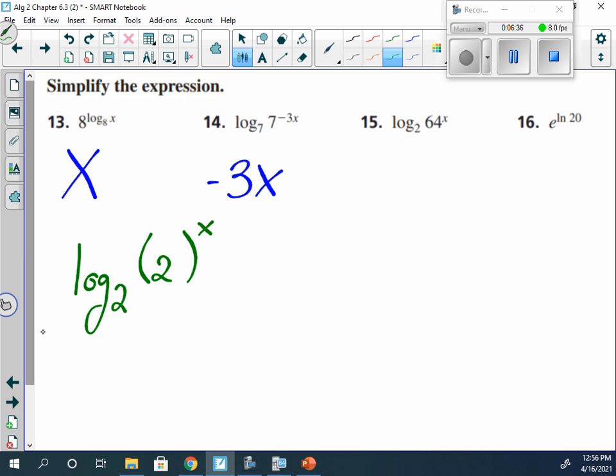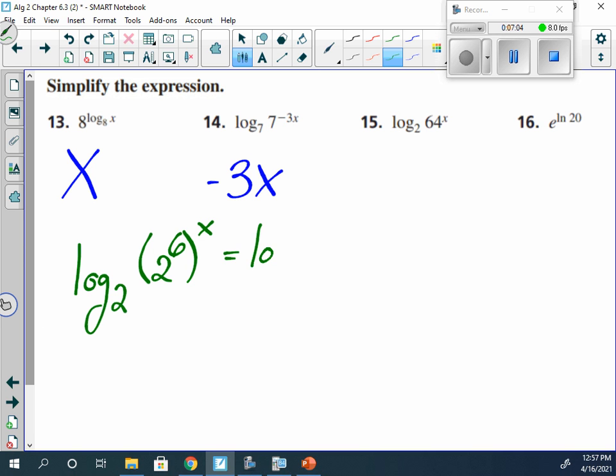Well, 2 squared is 4, 2 cubed is 8, 2 to the 4th would be 16, 2 to the 5th is 32, and 2 to the 6th is 64. So we can rewrite 64 as 2 to the 6th power,